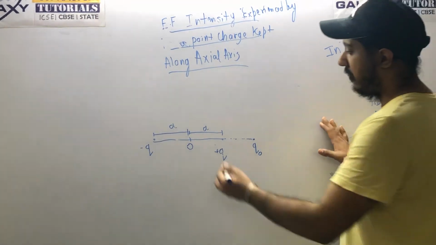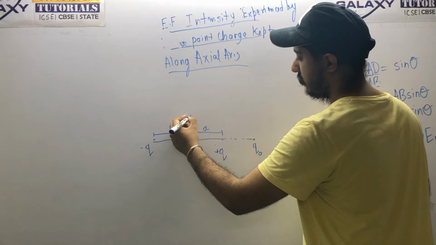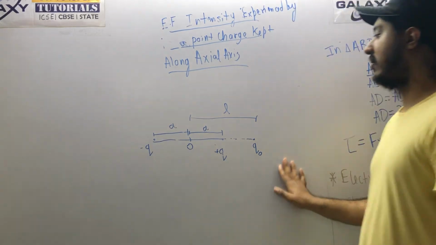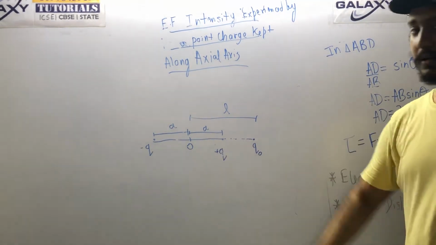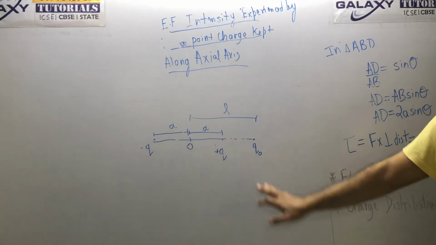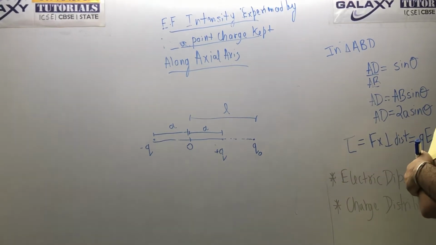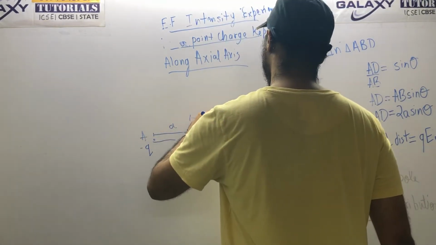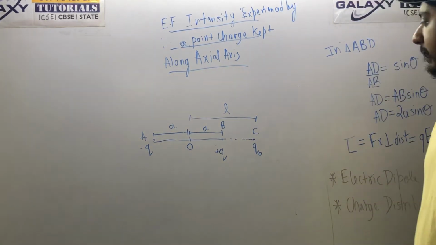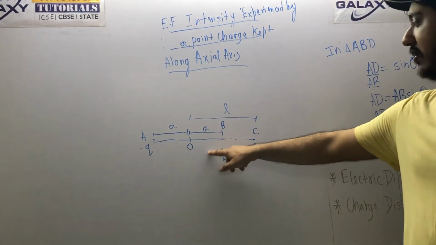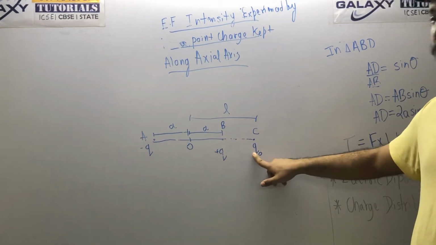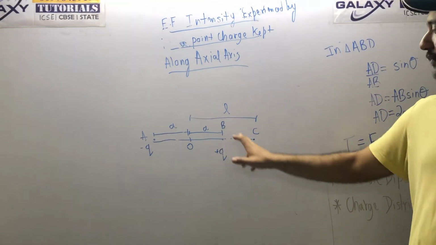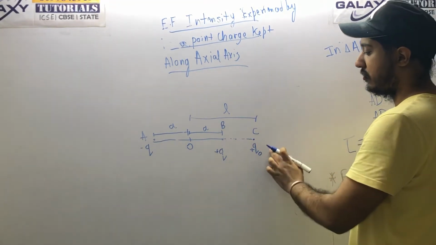You all know already. I will assume that this charge here is at a distance of L from the center of the dipole. I will name these points: this as A, this as B, and this point is C. So let's talk about the first charge. This is plus and this is also plus q naught. What will happen in between these two? What will the electric field around this charge do to this plus q naught?